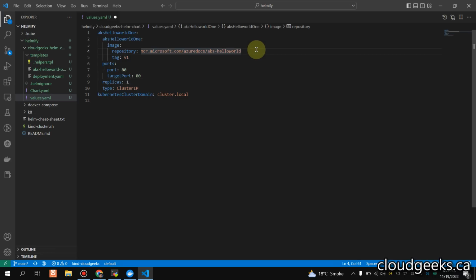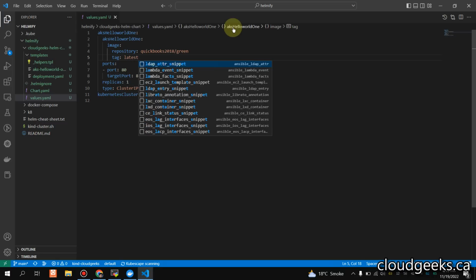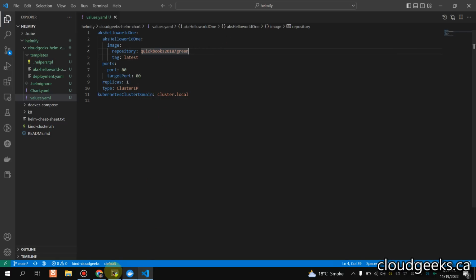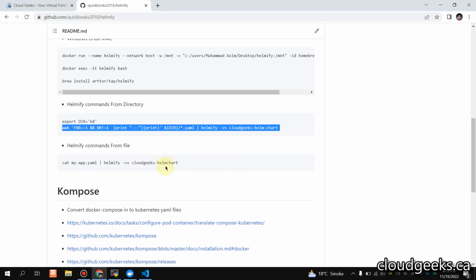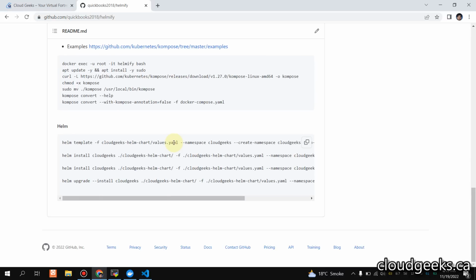And I just want to use my custom image. Let's say I want to use QuickBooks 2018, right? And the image I want to use the green image from my official repo. And let's try to apply this Helm chart. So simply what I'm going to do, I'm going to apply this Helm chart and simply what I'm going to